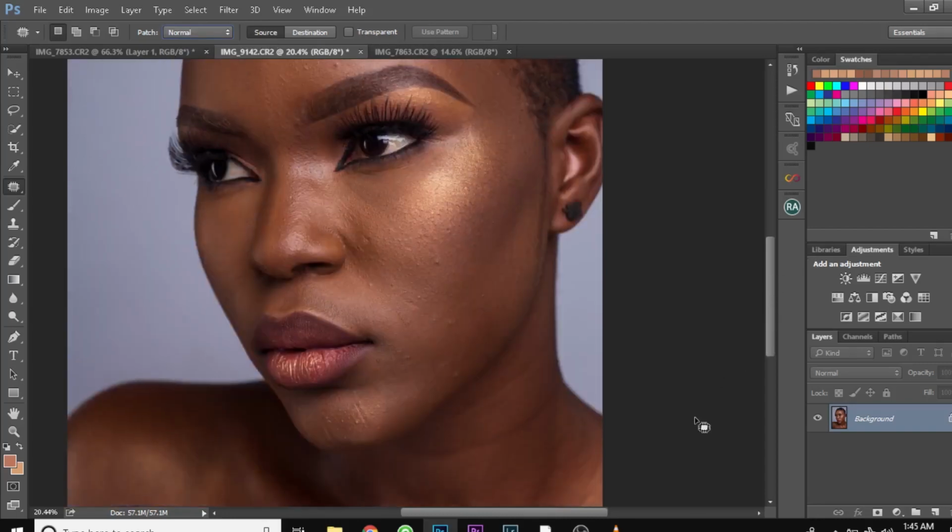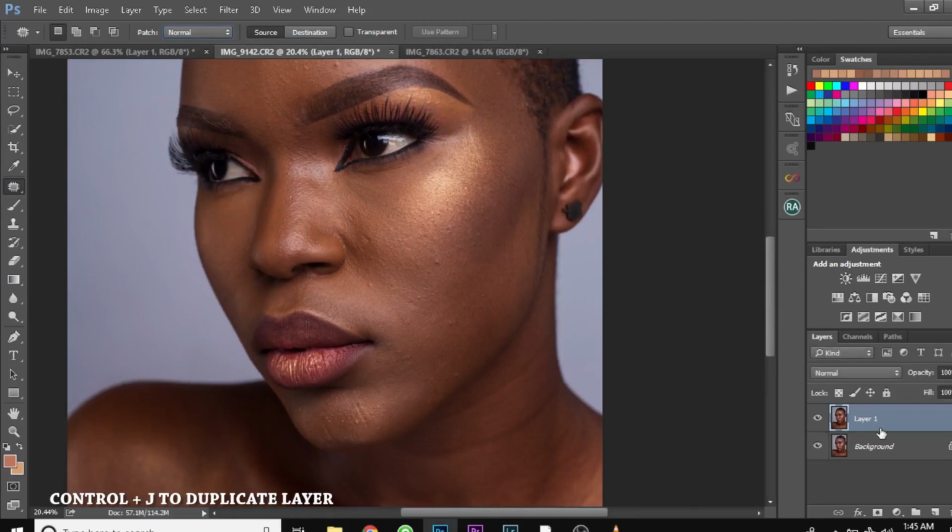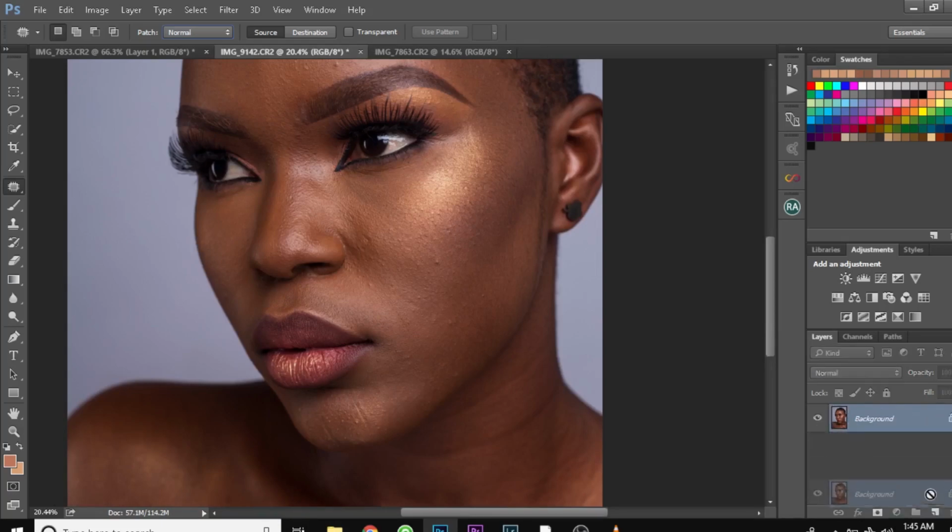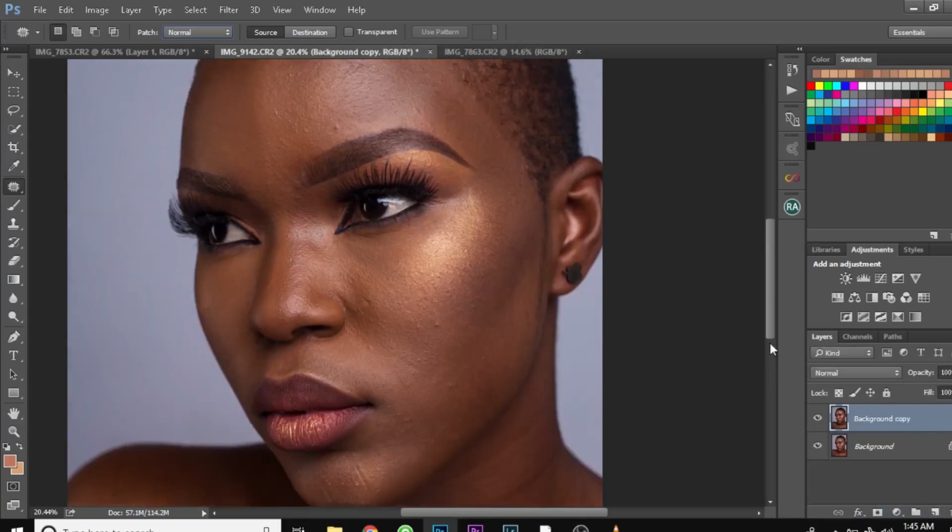Now let me duplicate the background layer using Ctrl J or Command J, and also you can just drag your background layer all the way down like this. You can just drag it all the way down and it will duplicate here. Alright,